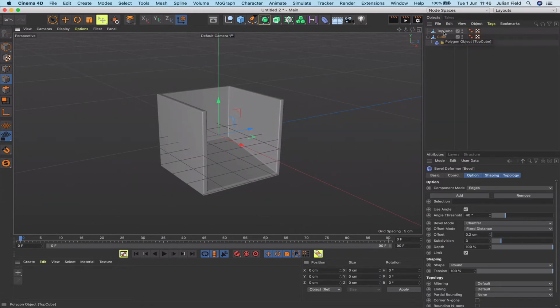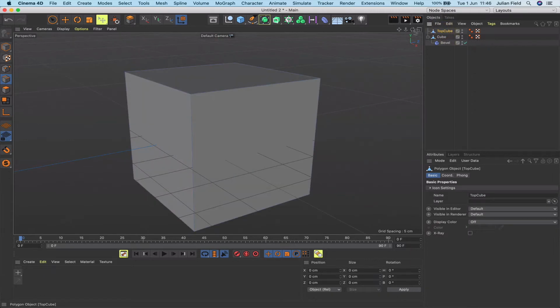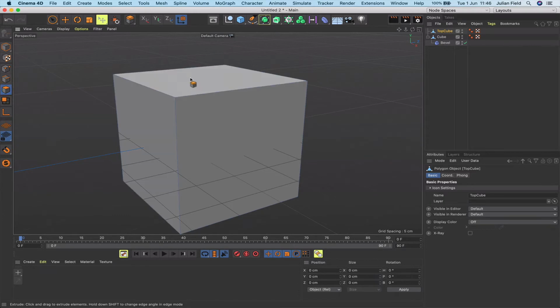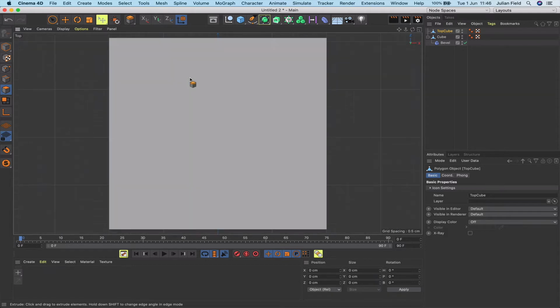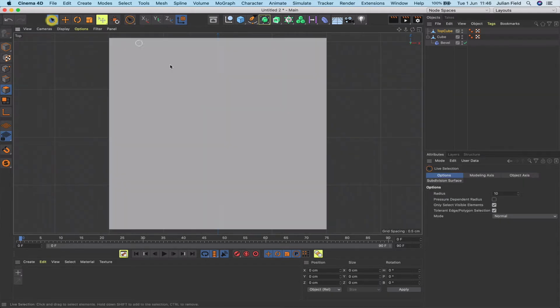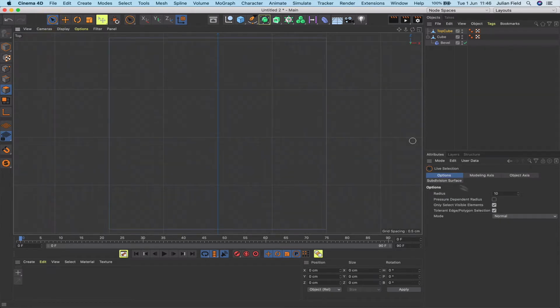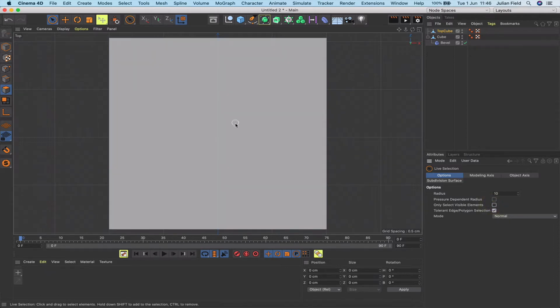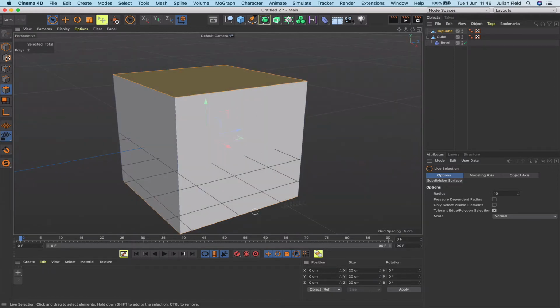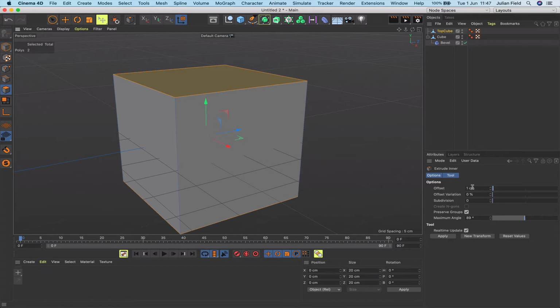It's a similar story with the top cube, so if I select that now and hit O for object, we've got our polygon mode. I'm just going to go to my top view, and in my tool here I'm just going to say now only select visible elements. I'm going to check that off so we can select both the top and bottom polygons, and then we can just recheck it. And what we'll do is hit I for inner extrude, and our offset does need to be